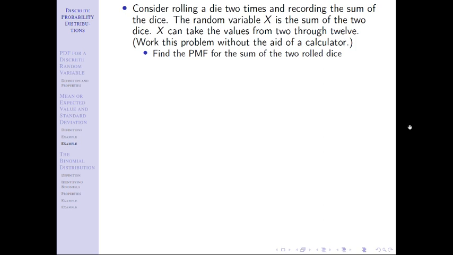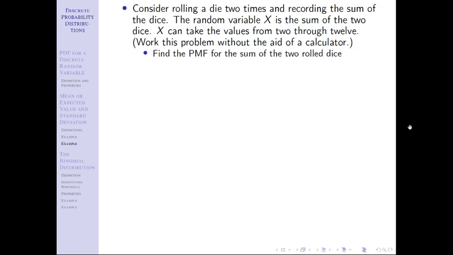There's 6. And at some point, again, if you need to pause and work through this and write this out, you can. For an 8, you'd say I can get a 2, 6, 6, 2, 5, 3, 3, 5, 4, 4. So there's 5. And you may say, well, we missed a 1, right? But you can't have a 1, 7, just a 6-sided die. So 1, 7 isn't an option. There's only 5 ways you can get an 8.